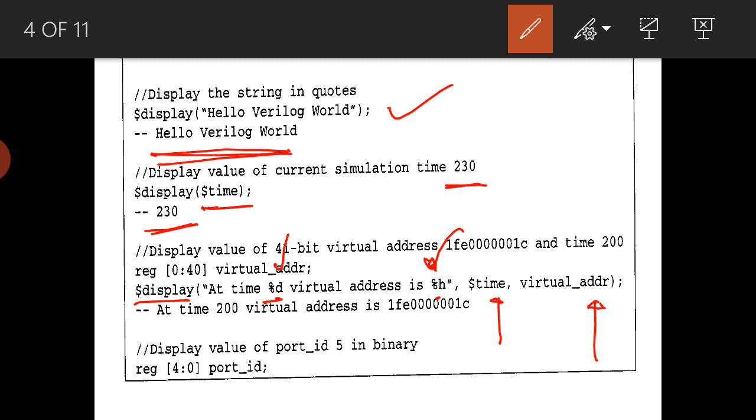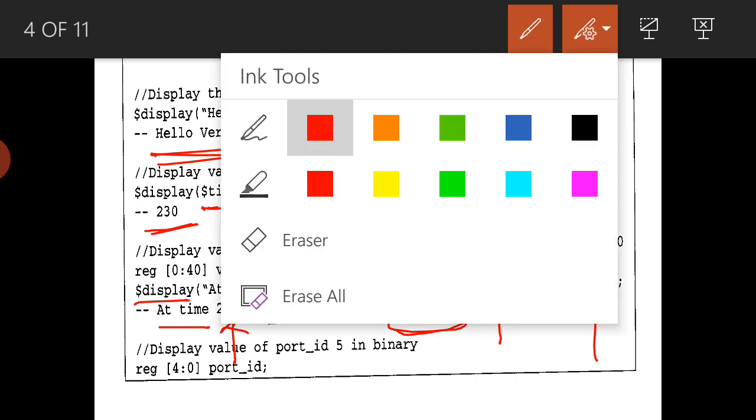So at time is a statement, %d is the $time, that is 200 in decimal, virtual address is the variable name, and %h is hexadecimal. This is how display will be used during the simulation.